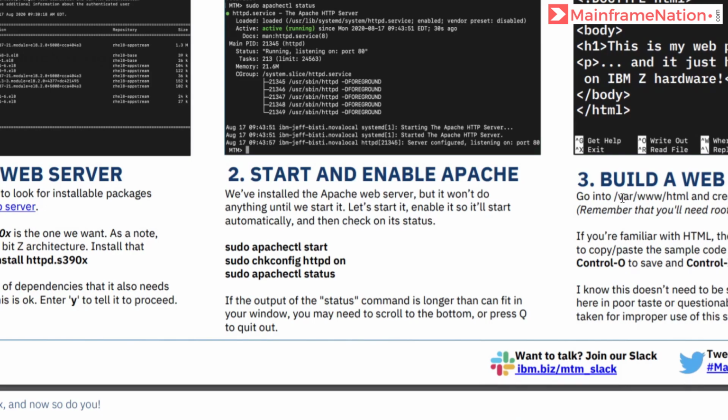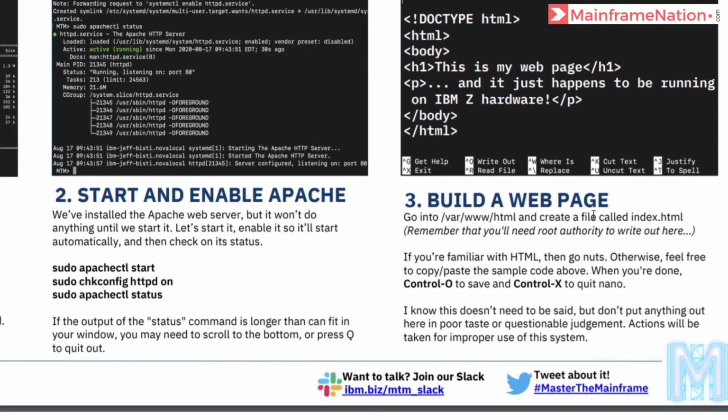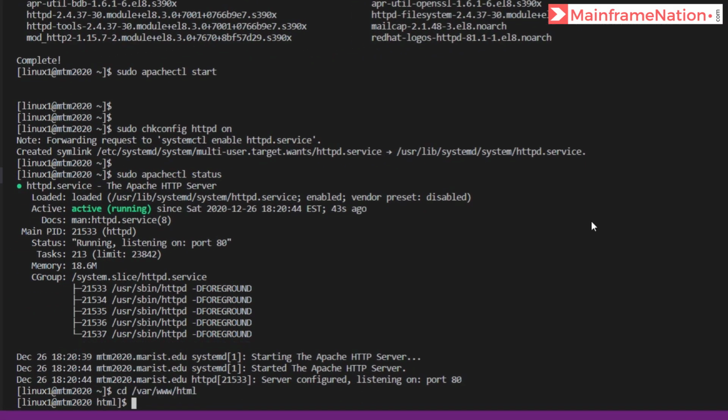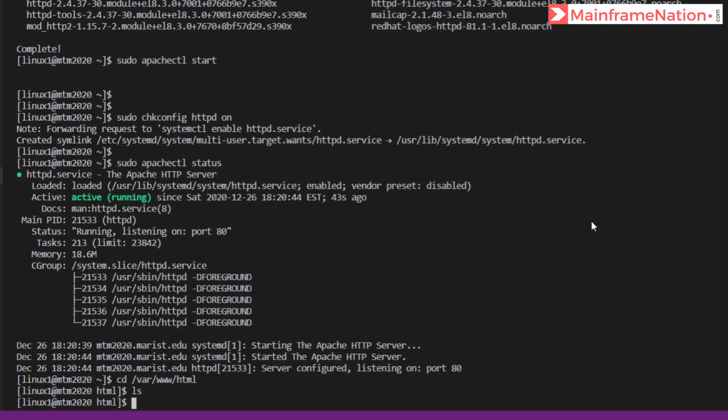Now we have to go into this folder and create a file called index.html. Change directory. There is nothing here. Here we have to create a file called index.html.